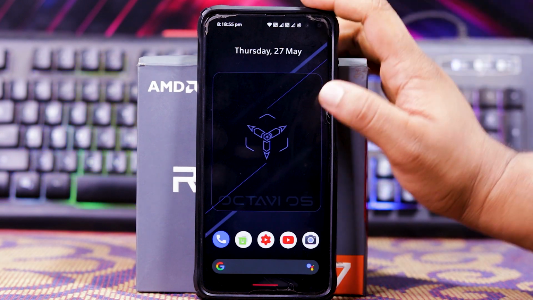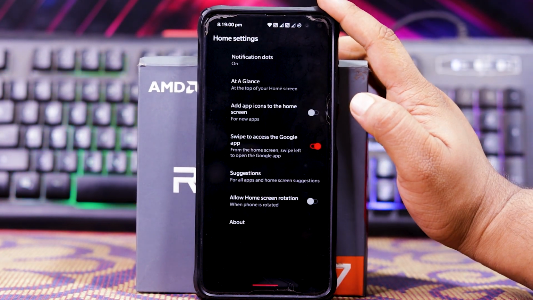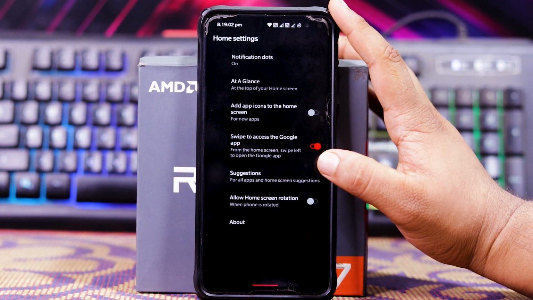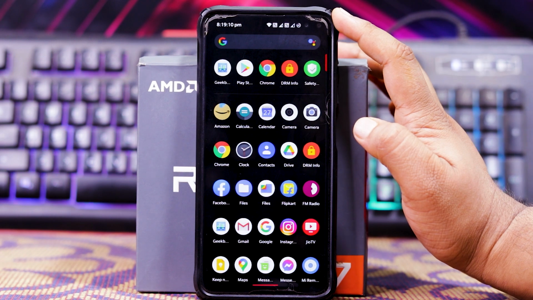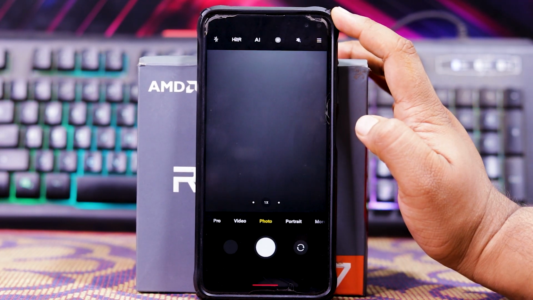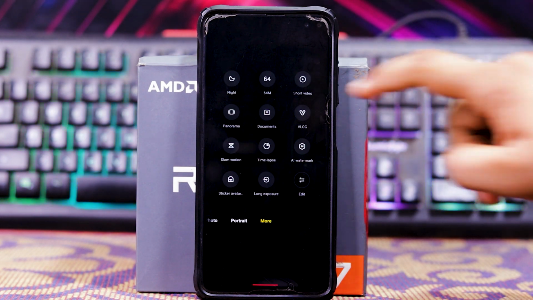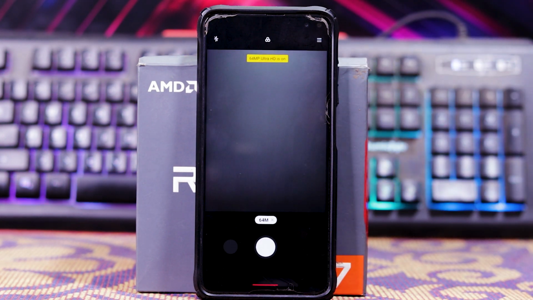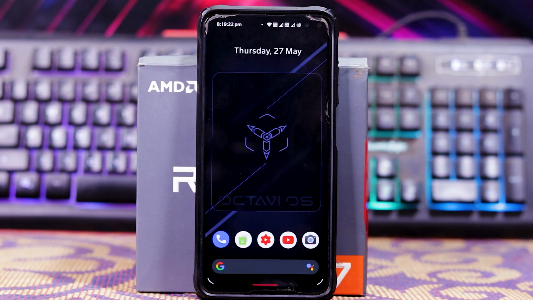In this you get a stock launcher with customizations like notification dots, at a glance, adapt to home screen, swipe to search, Google app suggestions, home screen rotation and about section. In this you get the ANX camera, that is the MIUI stock camera, and it's working fine, as you can see. Even in more section and 16-to-1 mode, as you can see it's working fine. But of course you can install GCam, which I have installed,